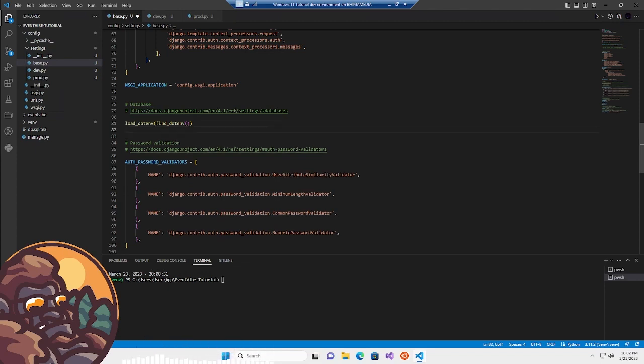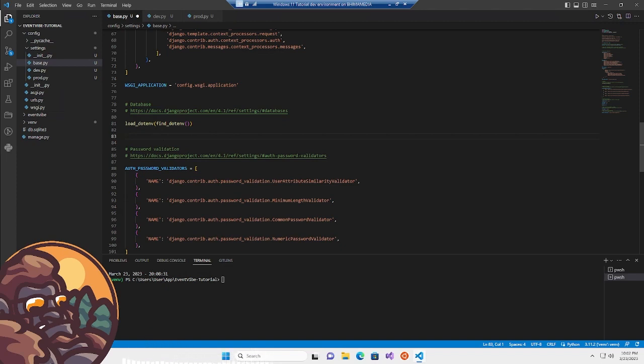Then after, we're going to type in all capital letters, DATABASE equals, open and close curly braces, and within our curly braces, we're going to put in apostrophe, then default,